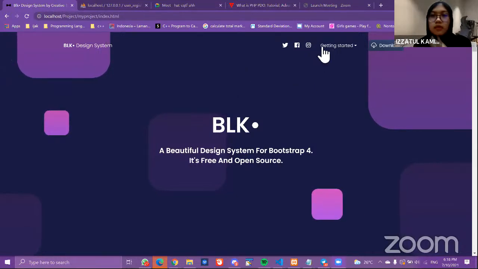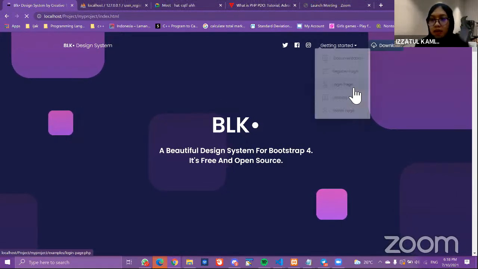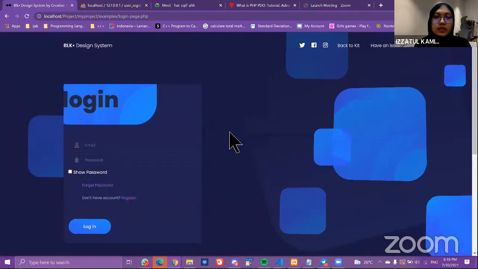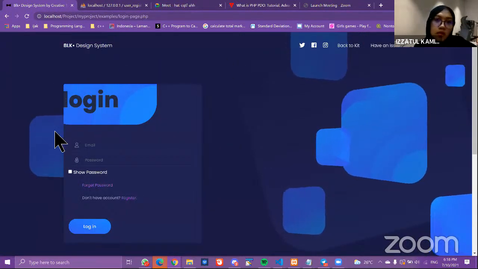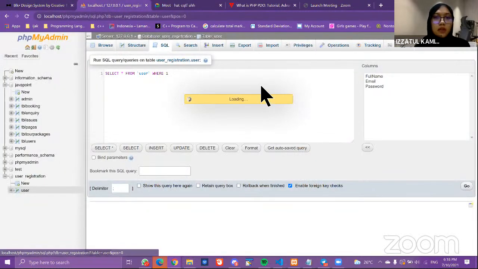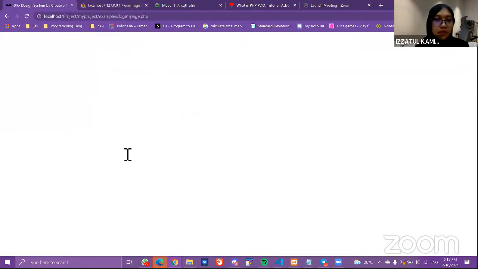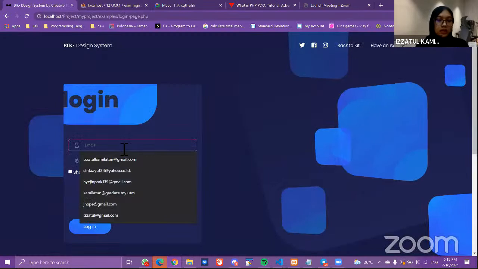For the login page, if we select the first page, we go to the login page, and we can see the page for login. Because it's the login, the user can log in if they have registered first, like in the database. We can look for this, people who have registered. So these people can log in to the system. For example, I can read this, someone who has registered first, like